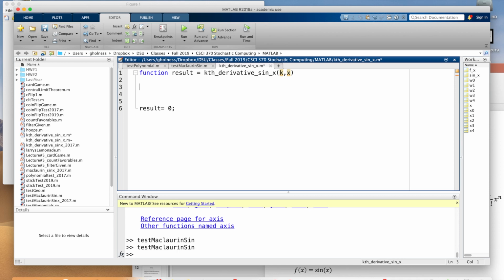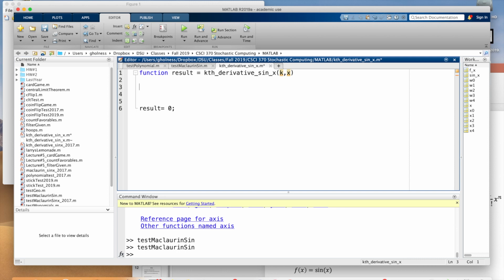It's negative cosine. It's d/dx of this, so it's minus d/dx of sine x, minus cosine x. Okay, what is the fourth derivative? It's sine x. Oh, wait a minute. It cycles. It goes back here. So for every fourth order, modulo 4 for the ith derivative, we're just going to select either the 0th, first, second, or third derivative.